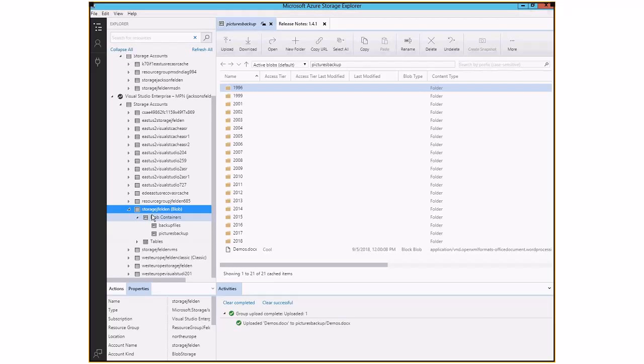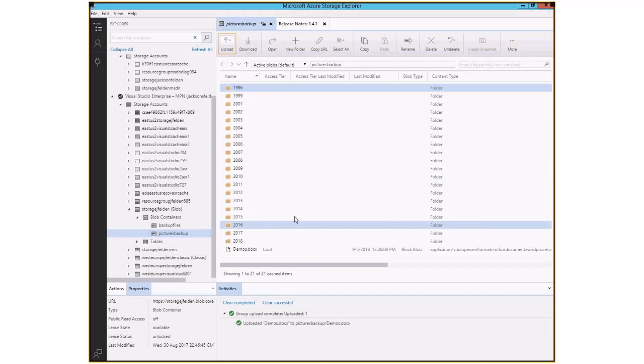This is a cool storage space where I'm paying literally 1 cent per gig. I went under the blob container, and here I created a folder called pictures backup. And there you go. Here are all my pictures since 1996. Just to show how easy things are, if you look at the top, I can upload files, download files, copy files, and move files between Azure storage accounts.